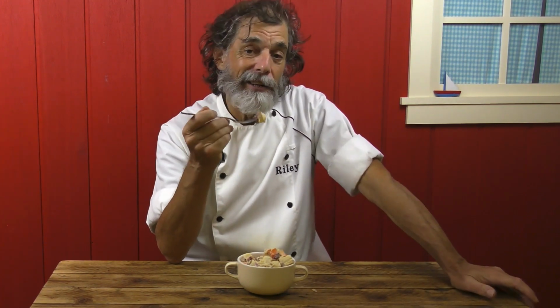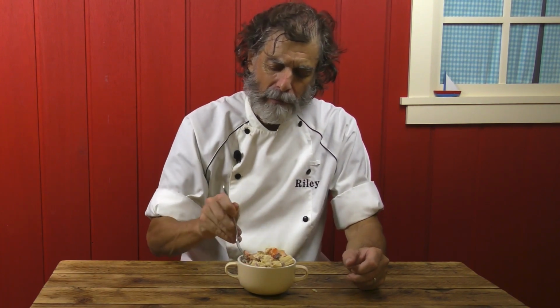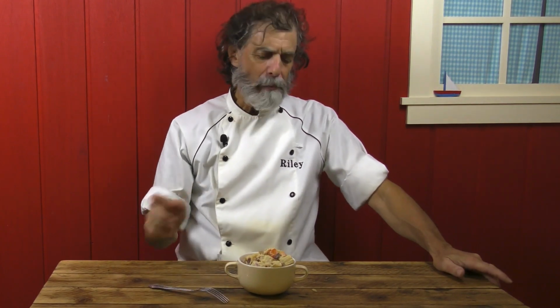Carrots really add a nice thing to the potato salad. They kind of add a little bit of a sweet undertaste to it. Try to get a carrot on there too. All right, now